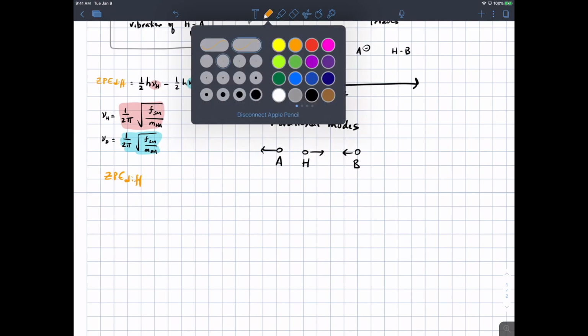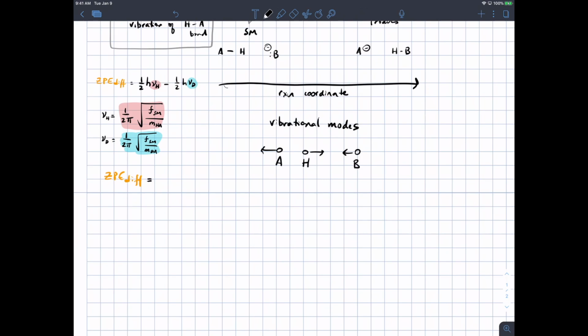And I'm doing this because I'm going to need to understand the trend for later. What we end up with is Planck's constant over 4 pi times 1 over the square root of